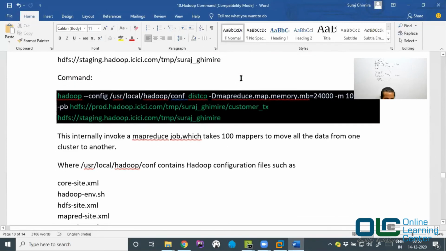Now let me go back. So see, this is basically a typical syntax of copying the data from one cluster to another cluster. So let's look into this syntax first. You are saying Hadoop --config some configuration file. This will point to a configuration directory wherever all your configurations are stored, and you'll say disk copy, and you are specifying some configuration here, like my map memory would be 2 GB. And I'm saying let my mapper be 100 to run this